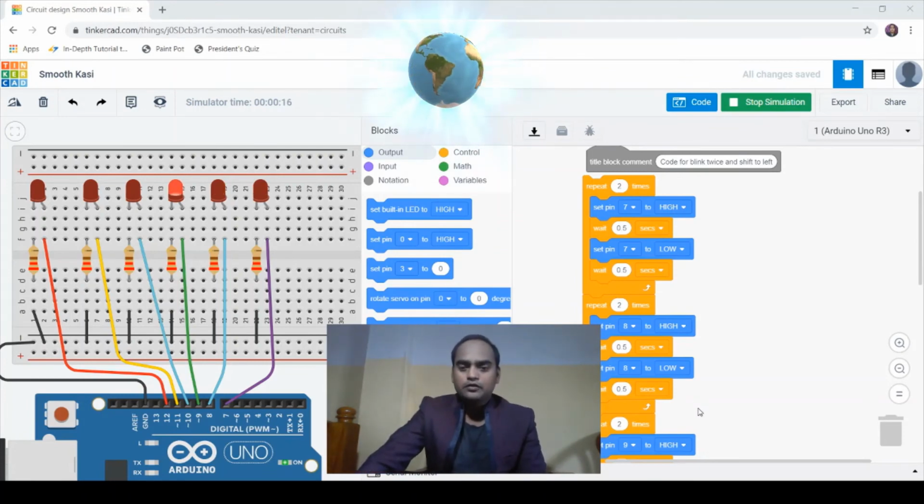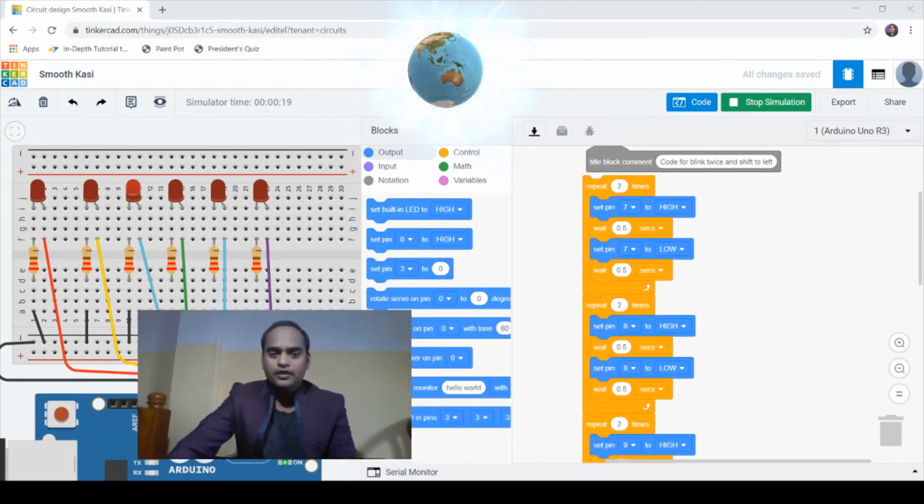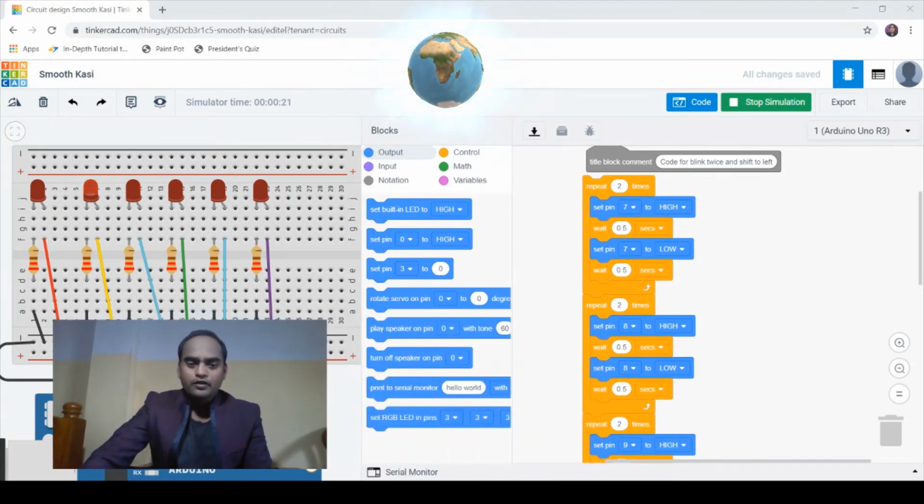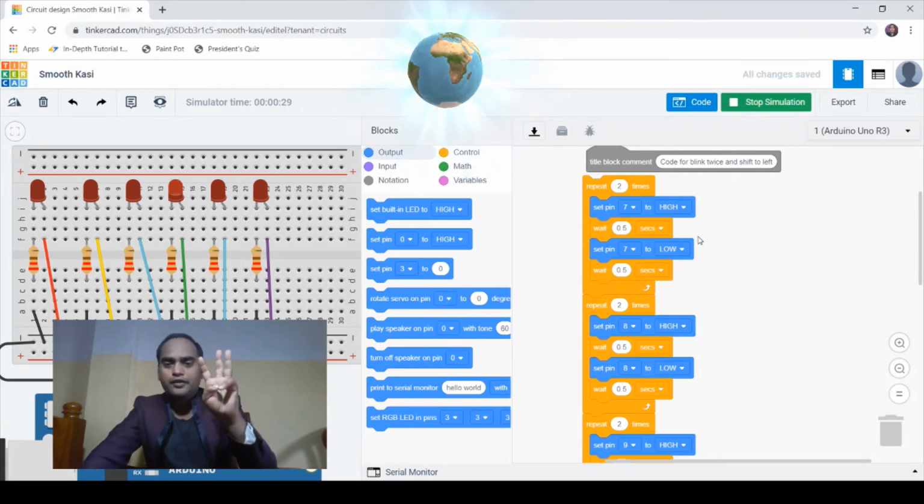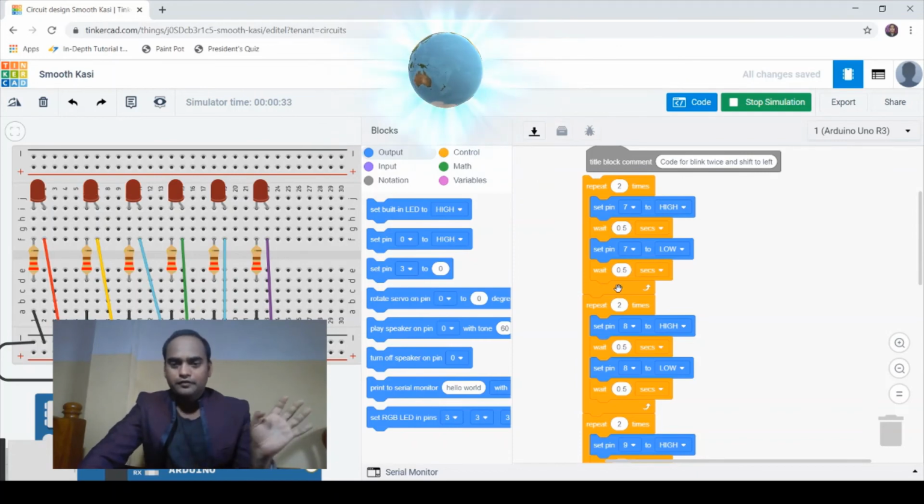Let me quickly explain once more the code that is written here, so it will be easy for all the audience to understand. I took a repeat block, and inside the repeat block I have written four instructions: turn it on, wait, then turn it off, wait, so we can see it blinking, turning on and off.